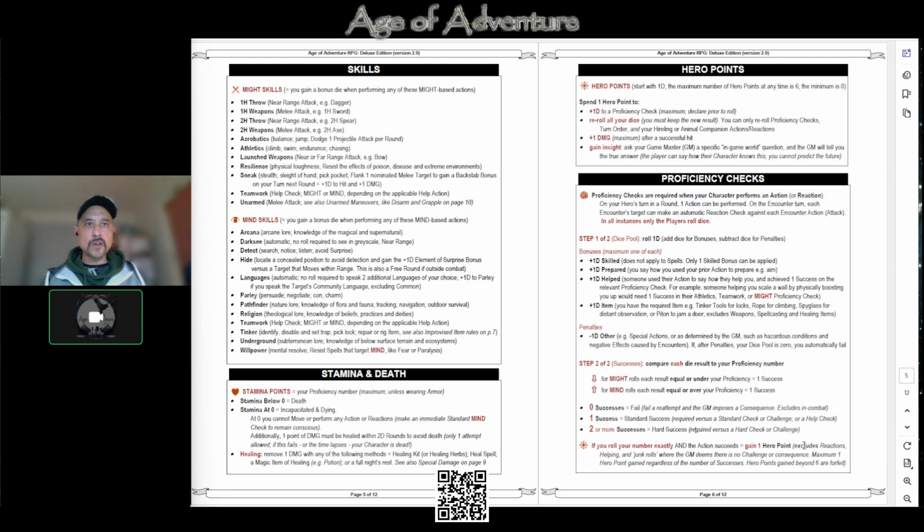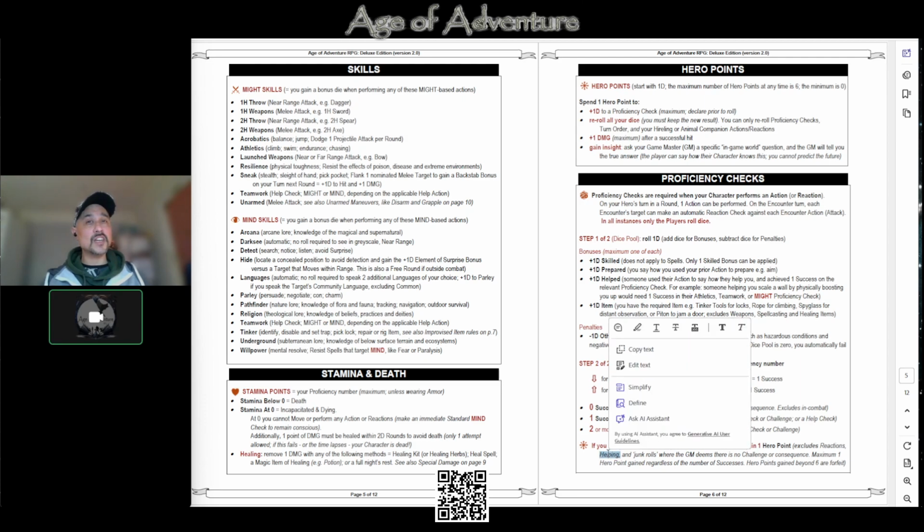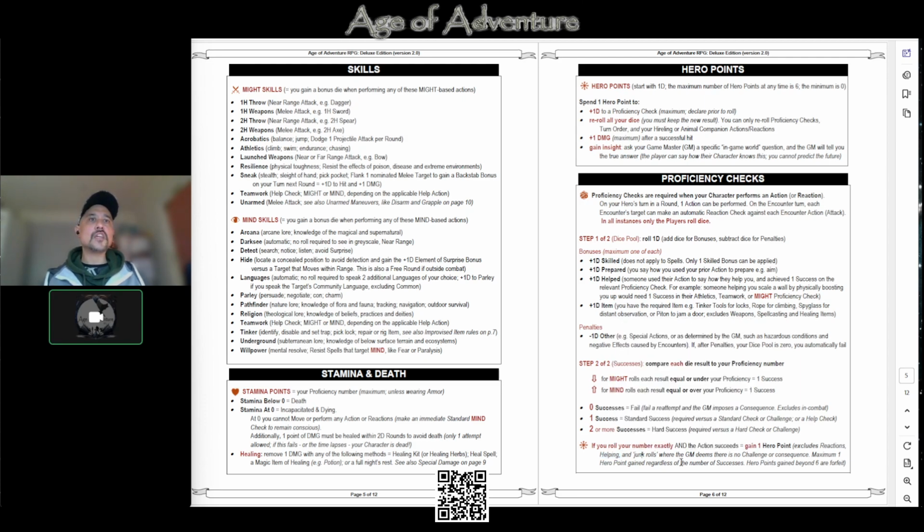Very importantly, there are some exclusions. You don't get a hero point for reactions, like defending against enemies' attack. You don't get a hero point for helping, so it can be teamwork, but you're not going to get a hero point to do it. And you don't get a hero point for junk rolls. So if someone wants to attack a tree for some reason, yeah, okay, you can roll your might, but you're not going to get a hero point for doing that. There has to be some sort of challenge that the DM determines is applicable,